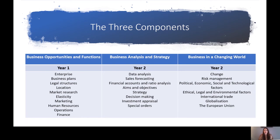The third component then, which is Business in a Changing World, again, it's quite self-explanatory here. We're looking at how businesses operate in an ever-changing and ever-dynamic environment, both here in the UK and globally. Obviously, there's so much to talk about in this kind of component, given our current situation with coronavirus and over the past few years with Brexit. So within this component, students are very much required to and encouraged to read around the subject, look at business in the real world, look at the news, and bring that into lessons so that we can have really juicy,